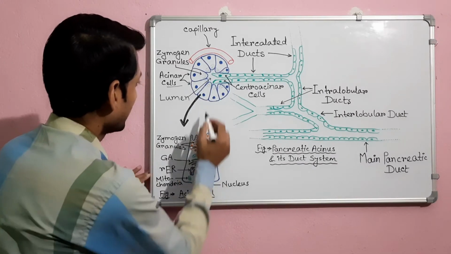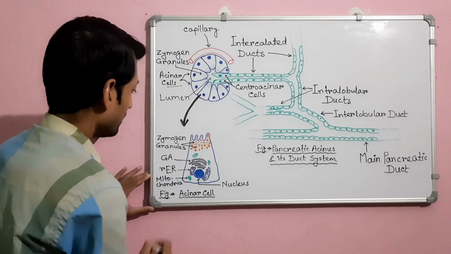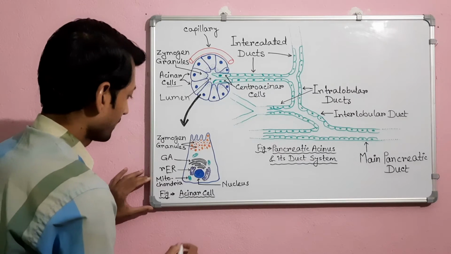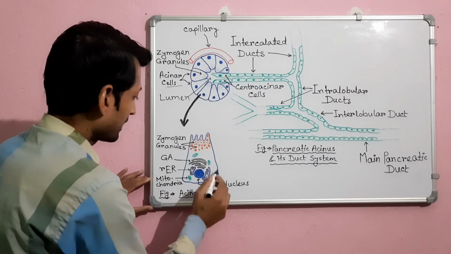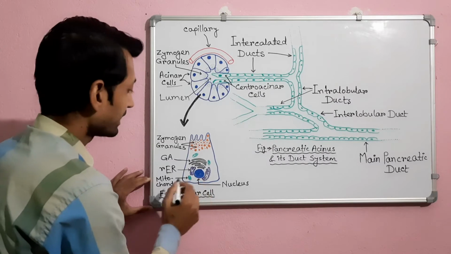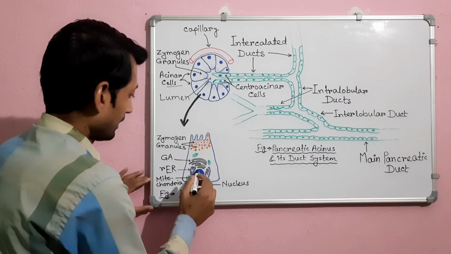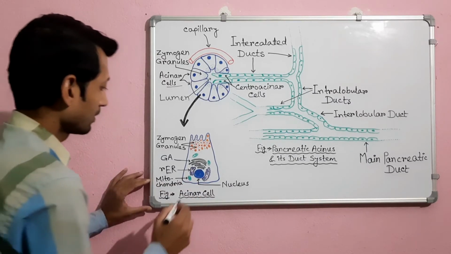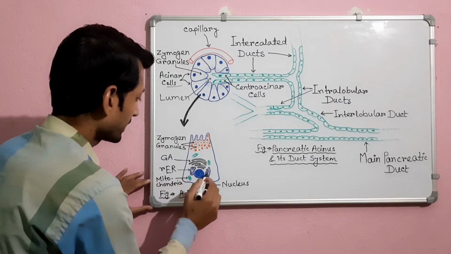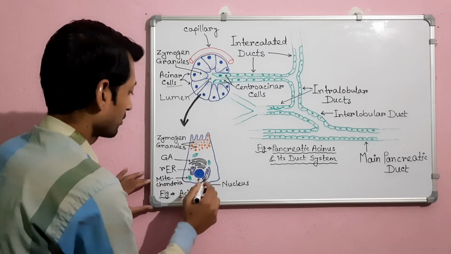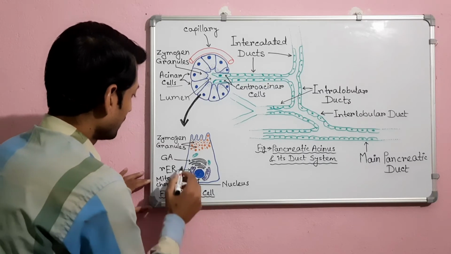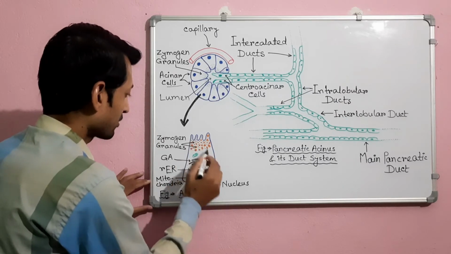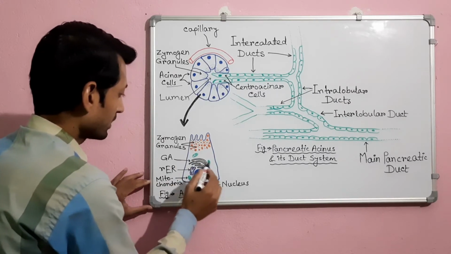This is an enlarged view of an acinar cell. The acinar cells are highly polarized. Cytoplasm at the basal region is basophilic in nature. At the base, we can see a large nucleus, well-developed rough endoplasmic reticulum and free ribosomes are also present. A well-developed Golgi apparatus is present in the apical cytoplasm. Mitochondria are small.